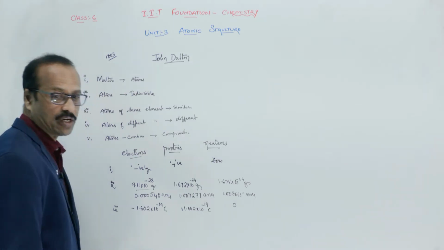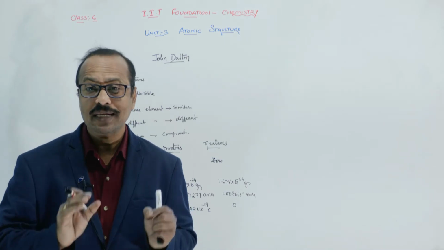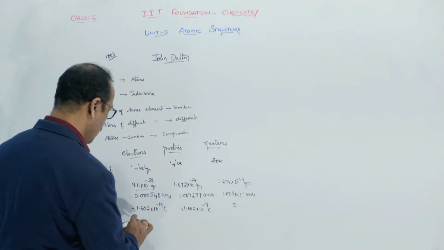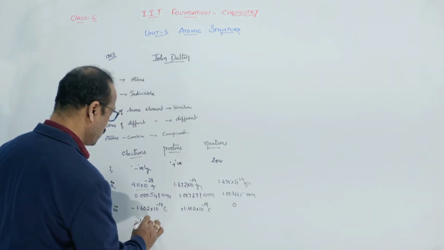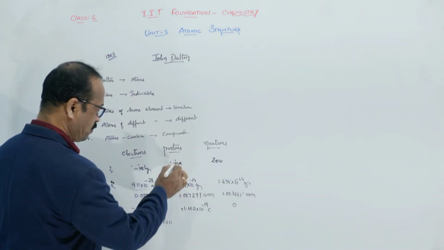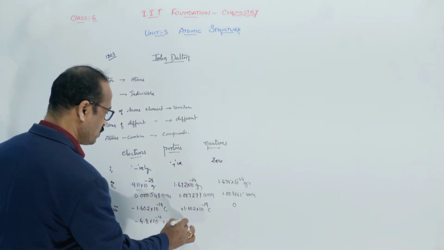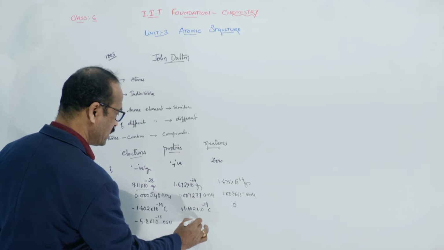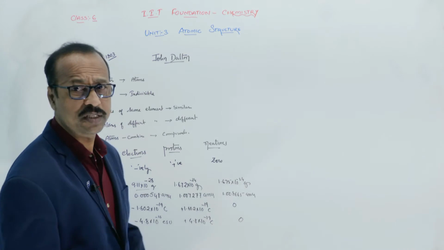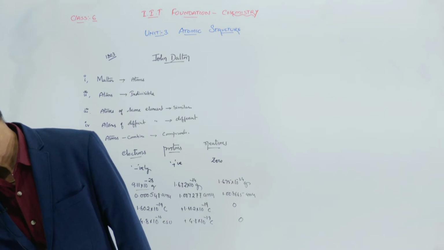And students, here charge can also be expressed in ESU. ESU stands for electrostatic units, and in terms of electrostatic units, the charge is minus 4.8 into 10 to the power of minus 10 ESU. Whereas the positive charge, proton has the same charge but only the sign differs. So this becomes plus 4.8 into 10 to the power of minus 10 ESU, and the neutron has 0 charge. So in this way, we can see the charges and masses of